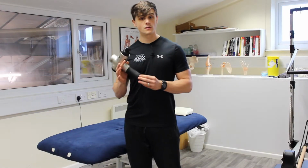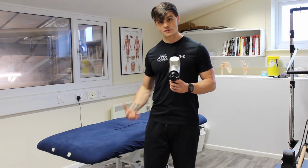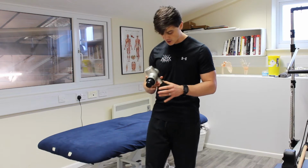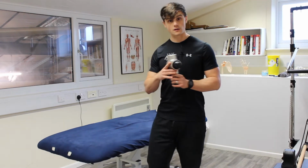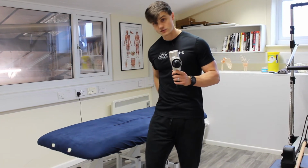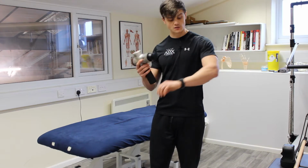There's a quick tutorial on the best way of using Thera Guns, the most efficient way of getting the most amount of blood flow to the area and improving the circulation and recovery of a muscle. Now in my opinion it works on large muscles best, so if you've got chest, lats, quads, glutes, calves are your best bet. If you're going on the intricate ones, the issue you've got there is if you get